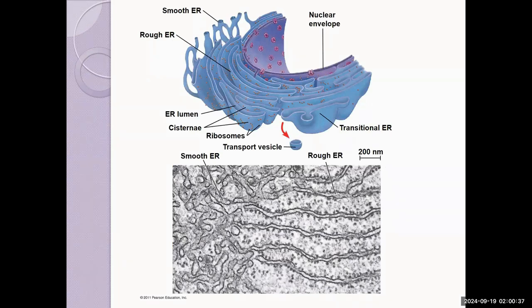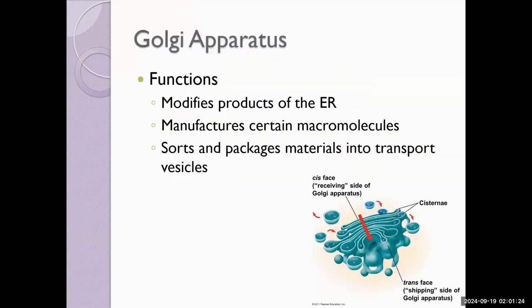So here we can see the end of the nuclear envelope in purple, followed by the rough ER, giving way to a smooth ER. If we look at the illustrated version of these organelles compared to the scanning electron micrograph of these cells, we can actually see the ribosomes in the folds and the globular smoothness of the smooth ER as separate and distinct areas. Notice the transitional ER, the smooth ER, is blebbing off vesicles, small lipid compartments, and these will move to the Golgi body or the Golgi apparatus.